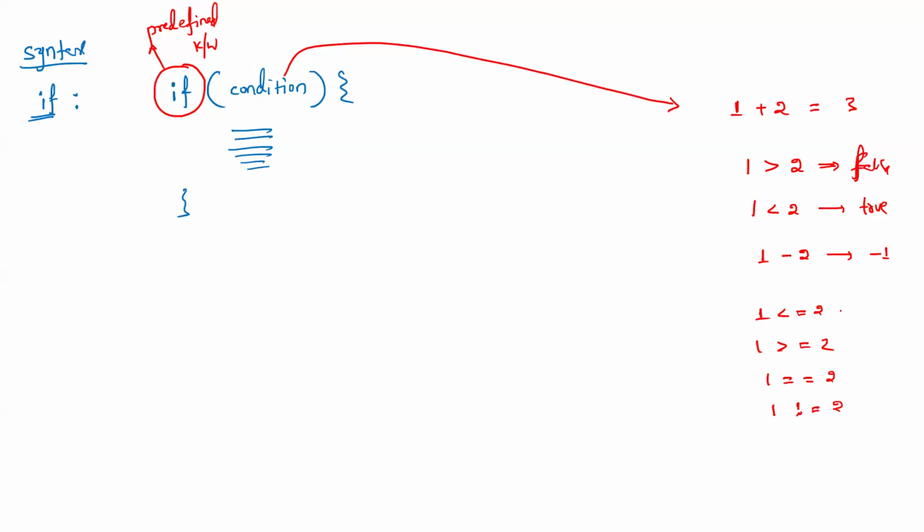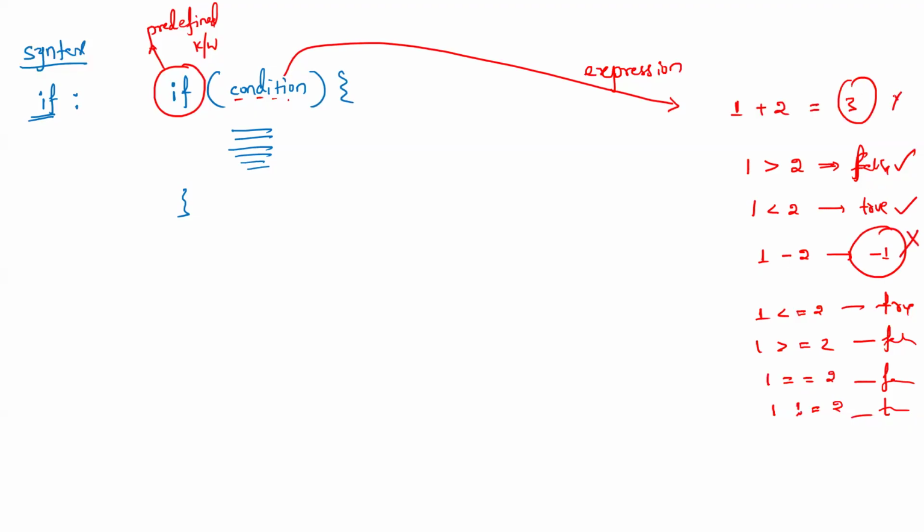Like this. So for all these things, we may get what type of results? It is true. And this is false. And this is also false. This is true. In place of this condition, we have to write some expression where the result is only either true or false kind of thing, but not result oriented things.